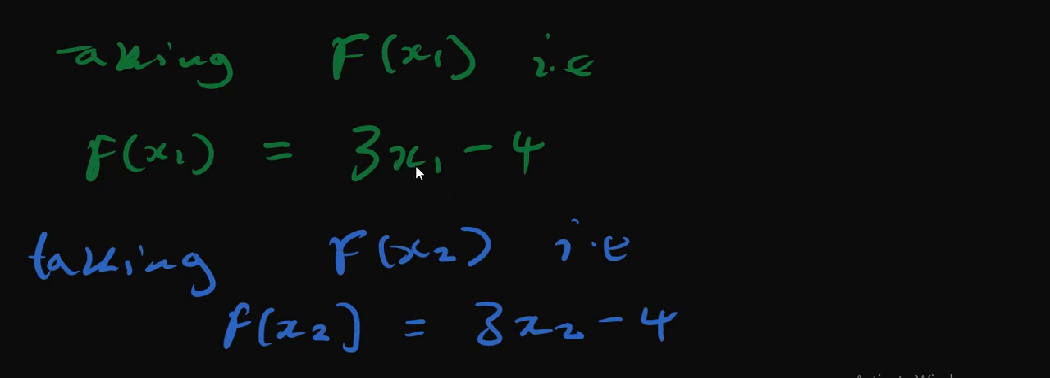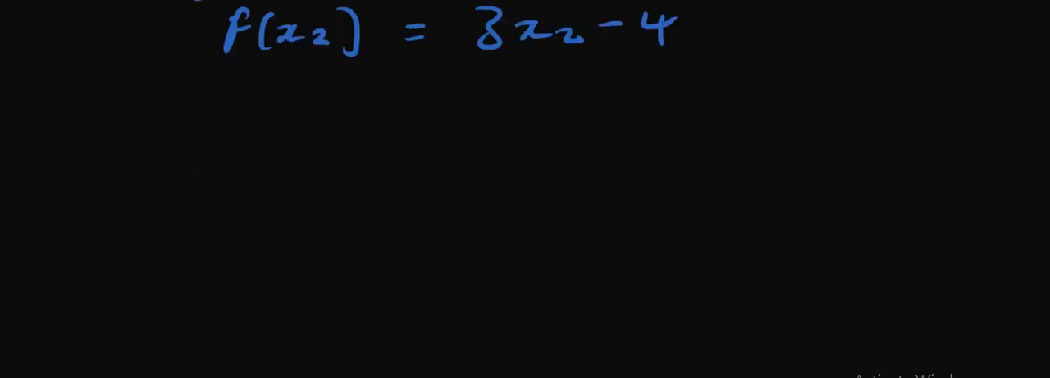So where are these x1, x2 coming from? They come from the fact that in the expression f of x is equal to 3x minus 4, where there is x we put x1 when we take f of x1, then where there is x we put x2 when we take f of x2. Now because we are saying f of x1 should be equal to f of x2, therefore we can simply say